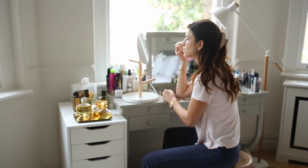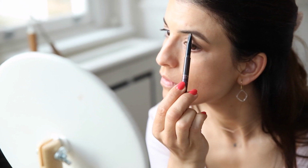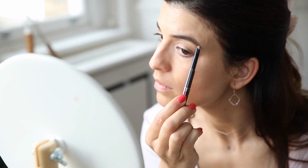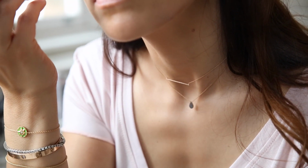I actually do change my brow products. The aim here is just to do a look that's rather on the natural side, so I'm not going too heavy with it. I want to give a little shout out to my friend Beverly and Susie, who are the